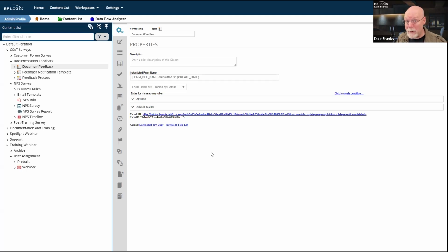Somewhat less common is having those same unauthenticated users participate in a process, but we'll talk about that a little bit later because I have an example of how that is set up. But at this point, just to submit the form, now I don't know anything about you. You are an anonymous user.